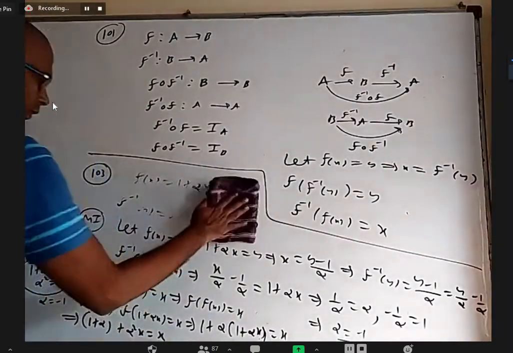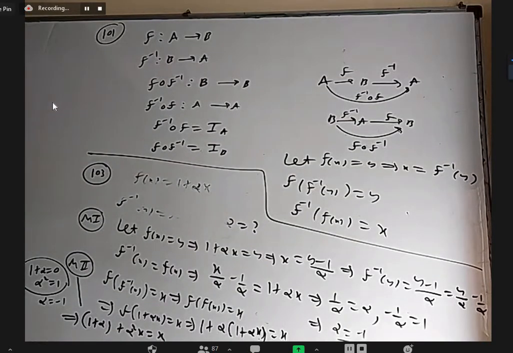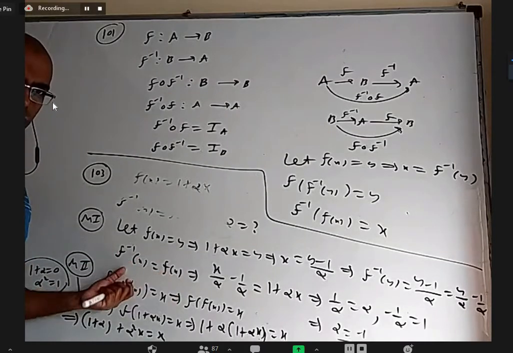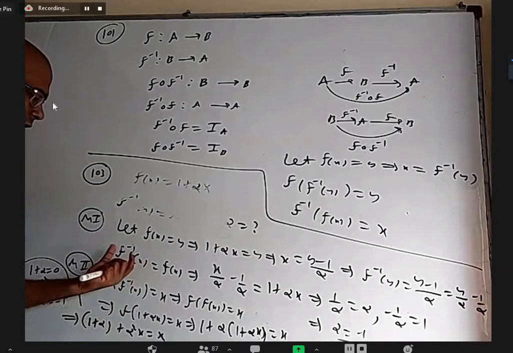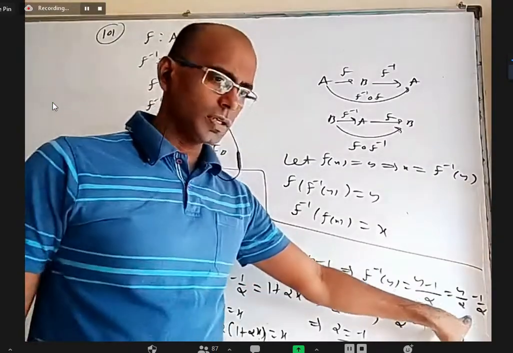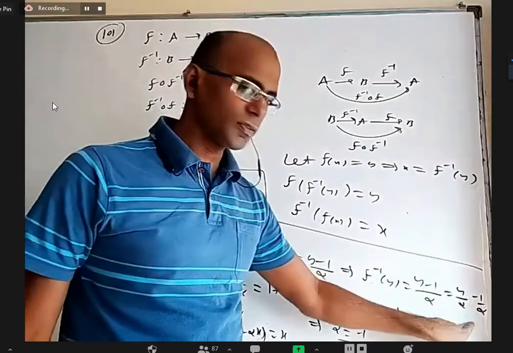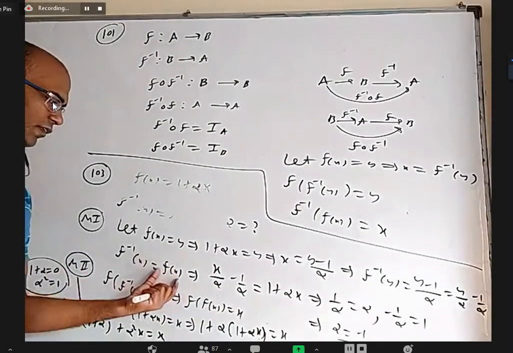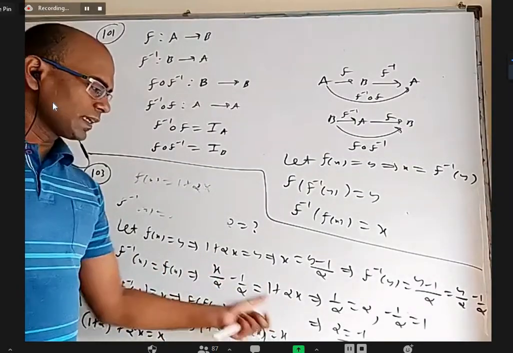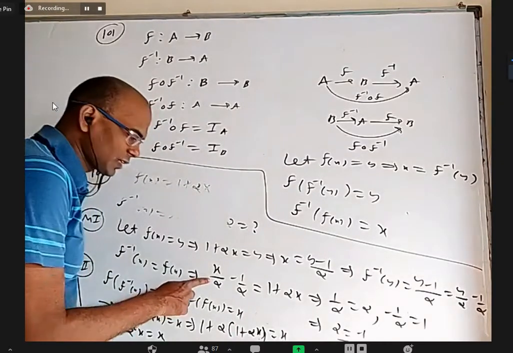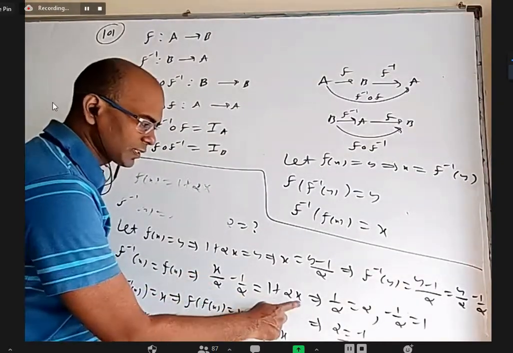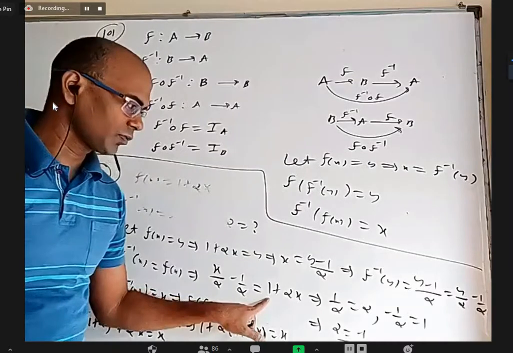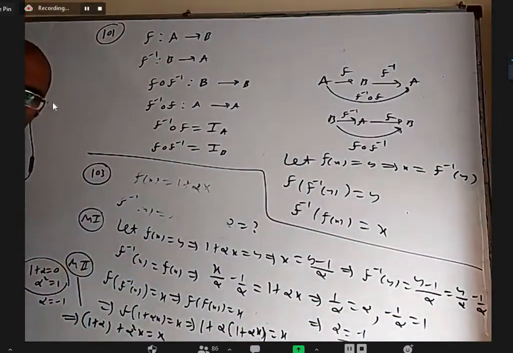Sir, the second step of method 1, the second line. They wanted f inverse x and f of x to be the same. That is the question they wanted, right? And f inverse y is this, so what is f inverse x? x by alpha minus 1 by alpha. So that is this one, f inverse x, right? And f of x is what they gave. But they said they should be equal for all values of x. So the x coefficient, x into what is there here? 1 by alpha. Here x into what is there? Alpha. So they should be equal. What is the constant here? Minus 1 by alpha. What is the constant here? 1. So they should be equal. Yes, sir. Got it.